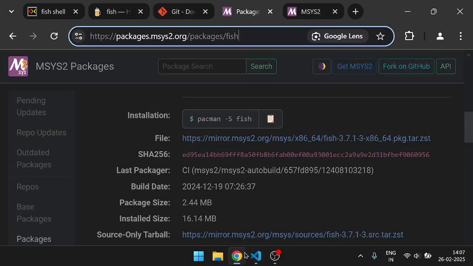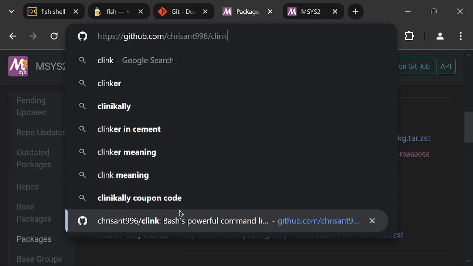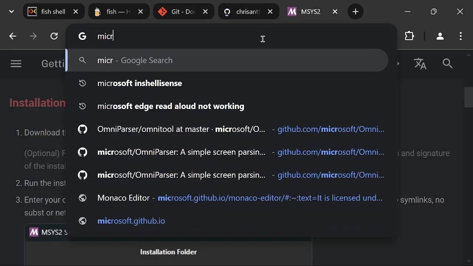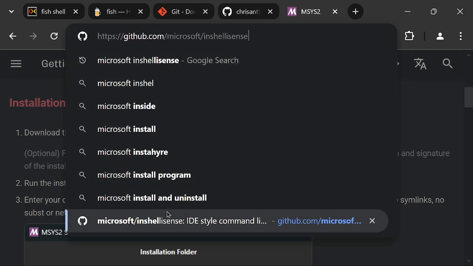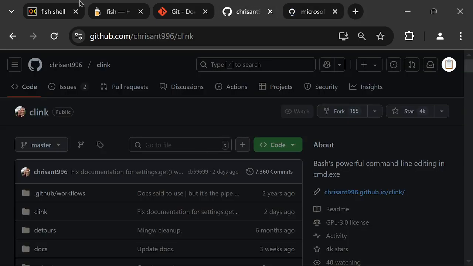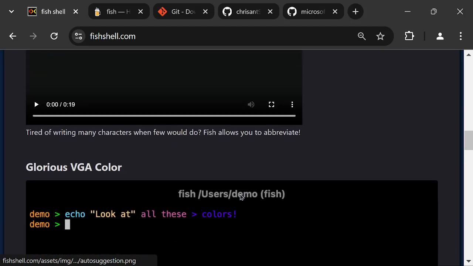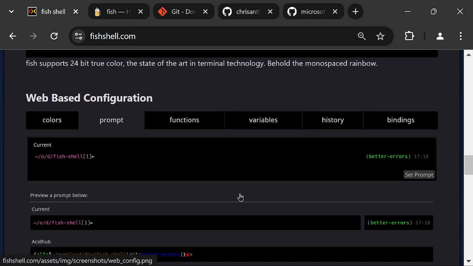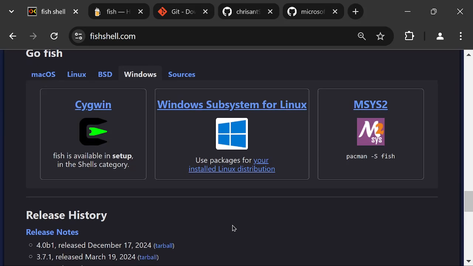So that's the benefit of it. There are other alternatives as well, like Clink. I tried using that, but it's not that amazing. Then there is Microsoft IntelliSense, and this is also not amazing, and it's very slow as well. So the best one is Fish Shell. And if you see here also, they don't give you the right way to install it. So I had to bang my head around different ways and actually find out the right way to install it. So yeah,